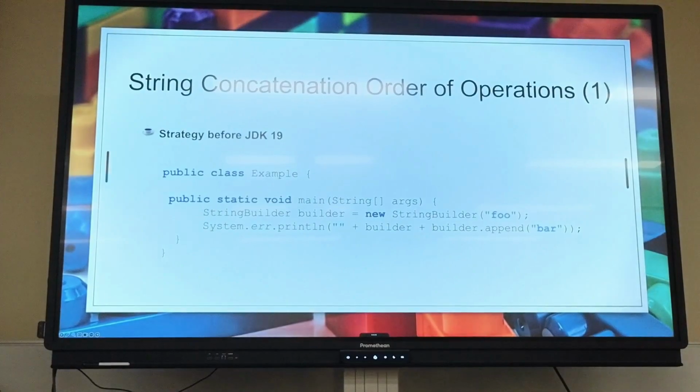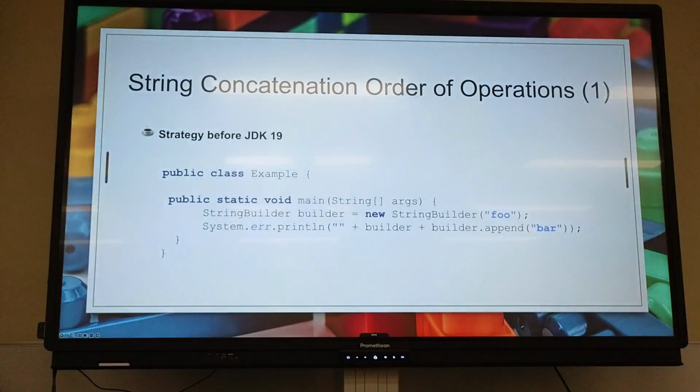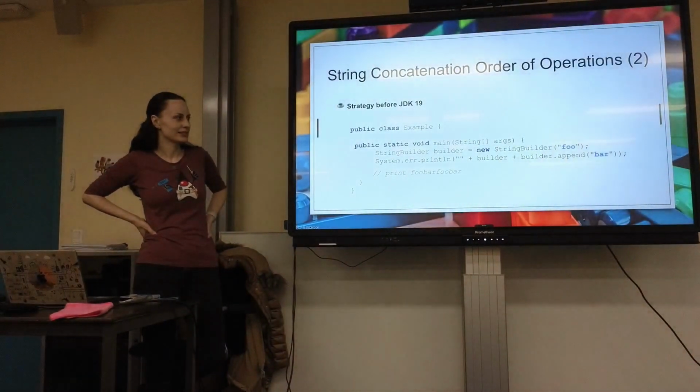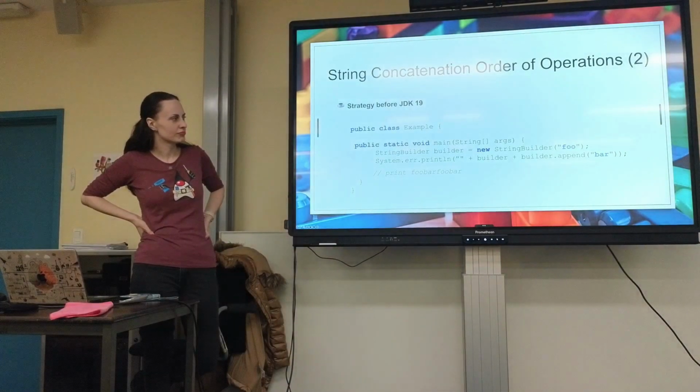So somebody said foo bar. Any other takes? Foo bar. Yeah, it's actually foo bar, foo bar. And if we're looking at it, we're like, but you're first saying foo, and then we're appending, and how is